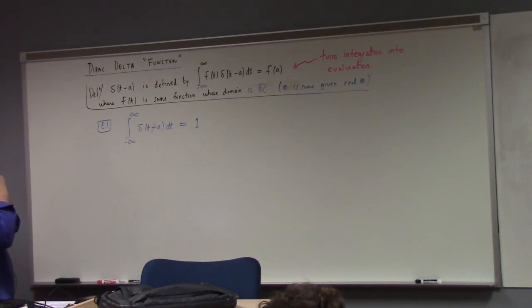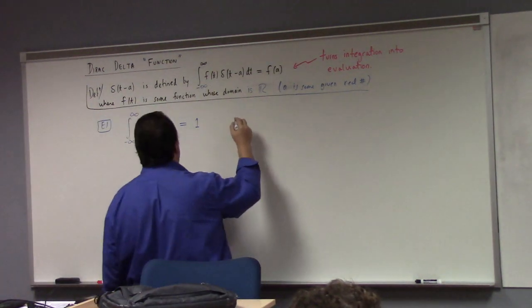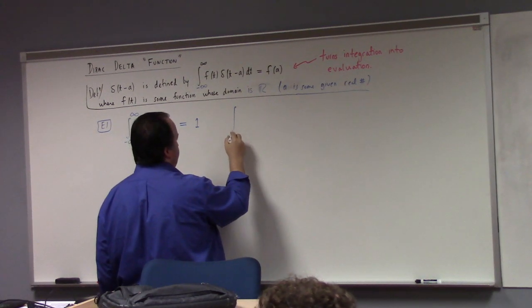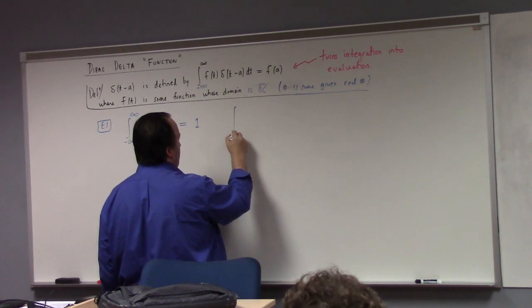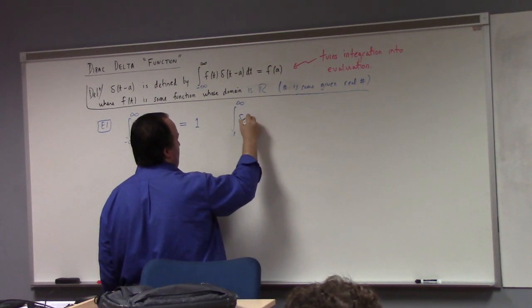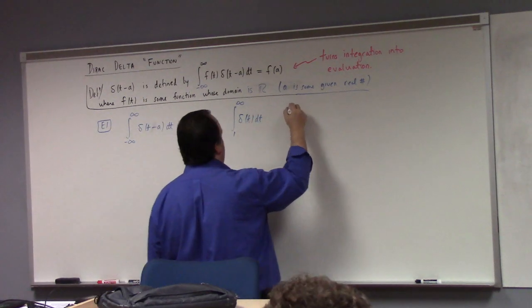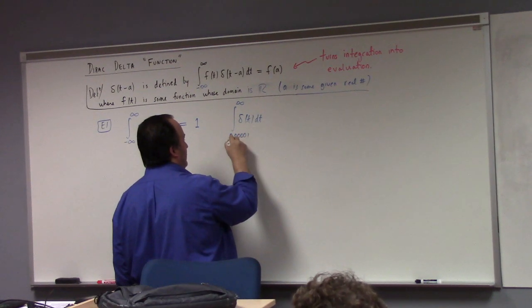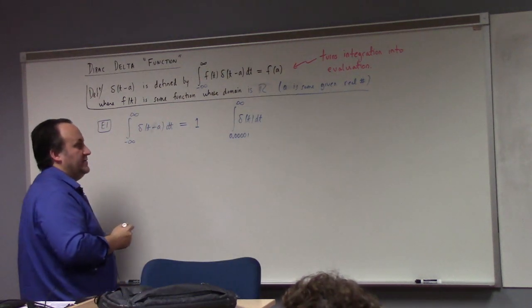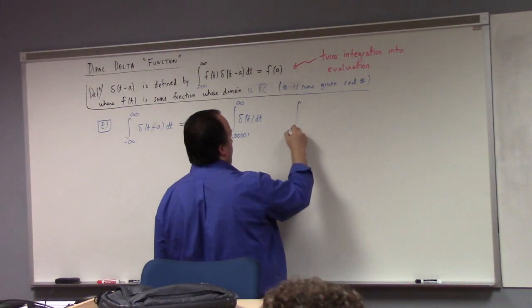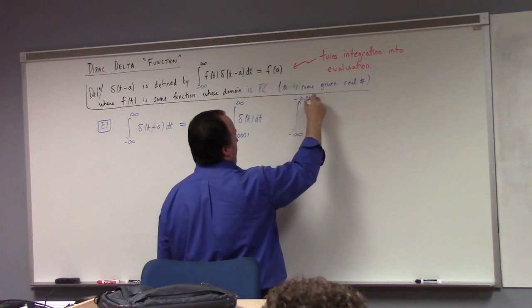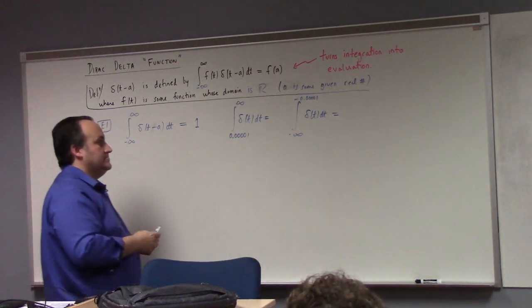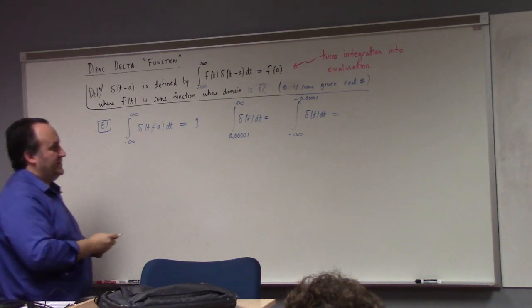So, on the other hand, if we had the integral, say from 1 to infinity of delta of t dt, what would that be equal to? Or the integral, we could even go from 0.00001, whatever, as many zeros as you like. What is this equal to? What are these equal to? 0, right, because